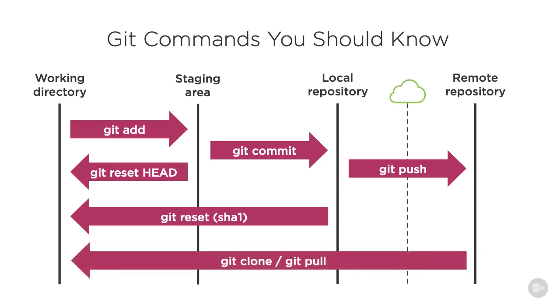In the reverse direction, there are two general choices. Git clone is used when you want to initially download a remote repo. Git pull is when you are actively involved in a project and want to download any updates committed by other developers and merge them into your working directory.